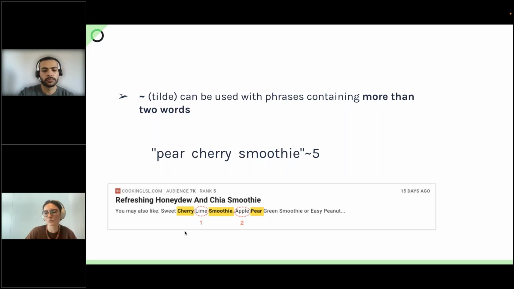The way to count the words, I know this is often a question, is to count from the first to the last how many words I have in between without counting the words themselves. So I'm going to count lime, I'm going to count apple, so 2 words, less than 5. So I'm going to collect this recipe.